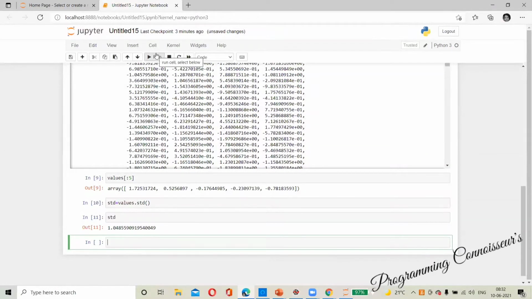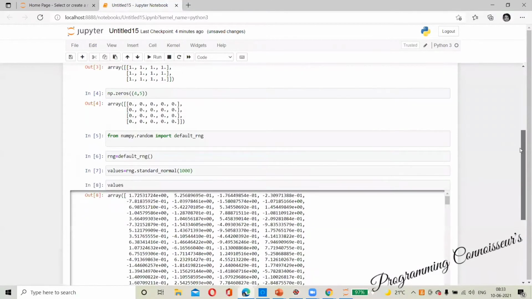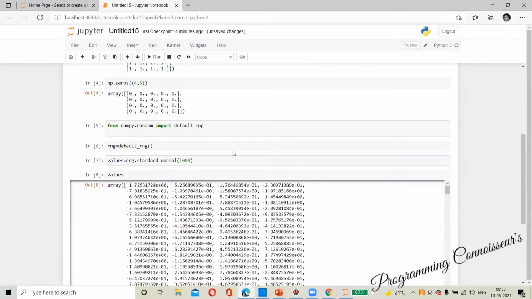Okay, and we can do filtered values and size also. So this kind of automatic generation of numbers is also possible. What we are trying to say is we can use NumPy random, a default range and a standard normal. Okay, so we can apply binary operations also on this. How we can do binary operations is what we are going to see.